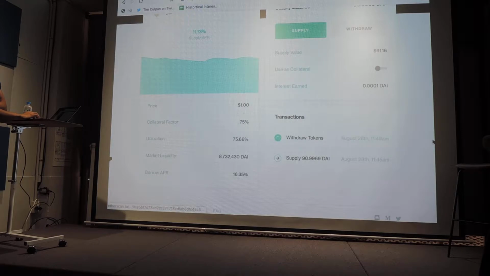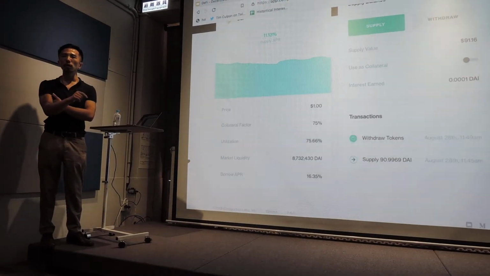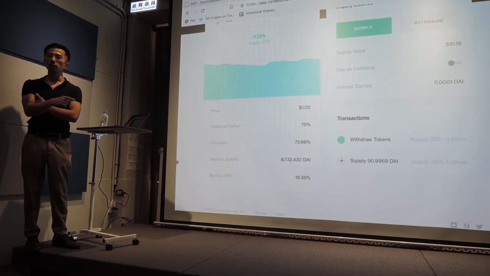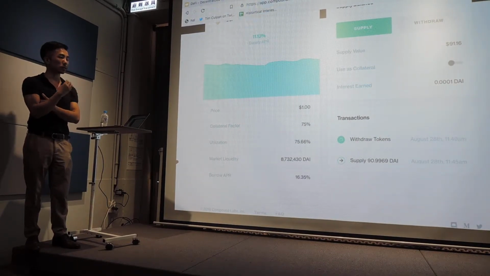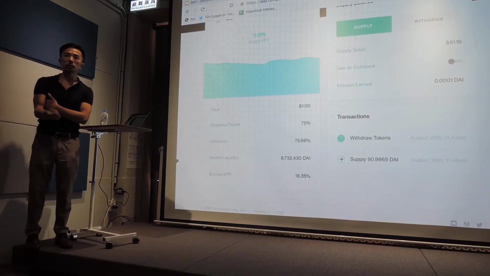Still confirming, but once that confirms, I'll be able to get my tokens back. So I didn't have to wait a day, I didn't have to wait 20 minutes. As soon as it confirms, it's going to happen in the next block. That's true for the depositing, for the withdrawal, for the interest. Everything happens on a per block cycle. It's super fast.